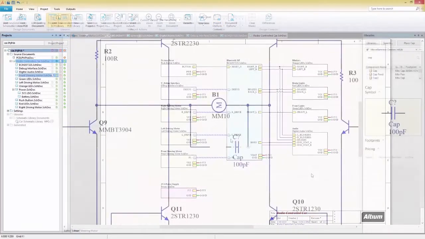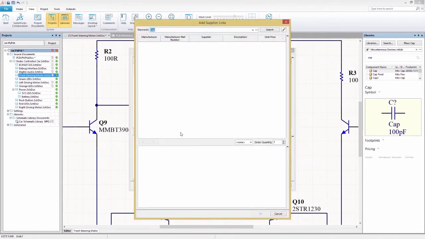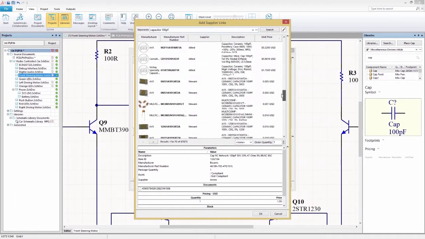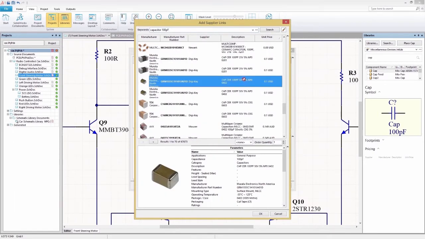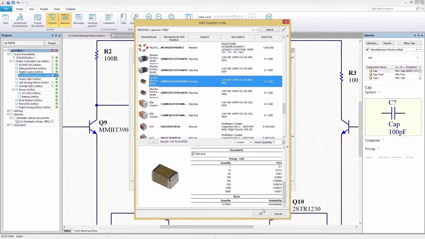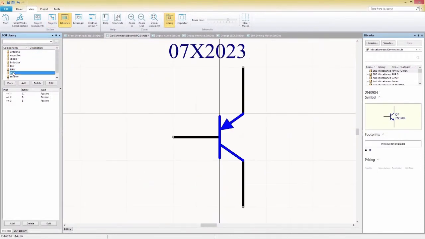Making the most informed part selections during your schematic design process is simple with real-time supplier data. Access real-time component supply chain information and pricing instantly, getting you the best possible price to meet your specific budget requirements. When it comes time to start a new design, shave hours off your setup process with saved schematic templates